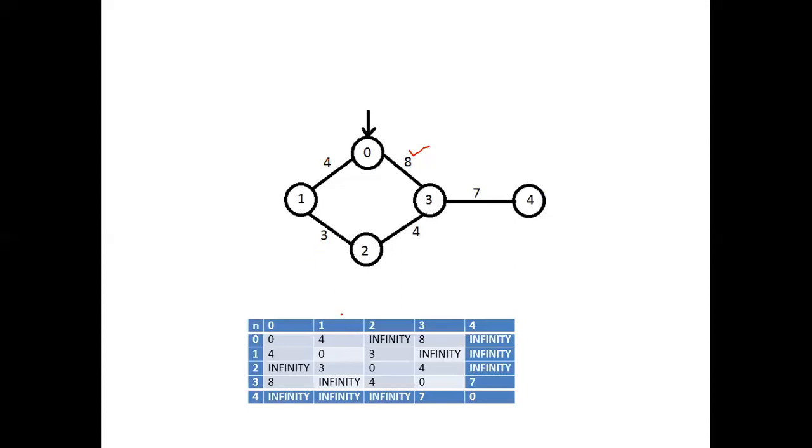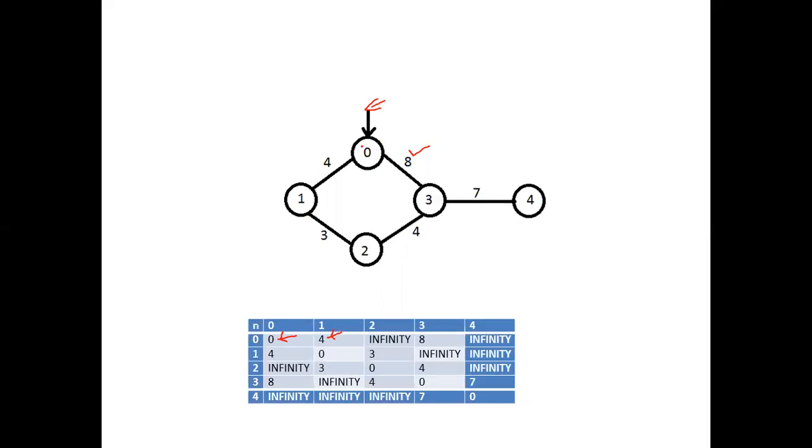Before proceeding to the program, if you understand the concept, first I consider this 0th node as a reference node. Here I'm considering that I want to transmit data from the 0th node to the remaining nodes. So now you can observe 0 node to 0 node. That means the data packet is moving to the same node, so the distance is 0. If the data packet is moving from 0 to 1, the distance is 4. Here I have indicated it as 4.